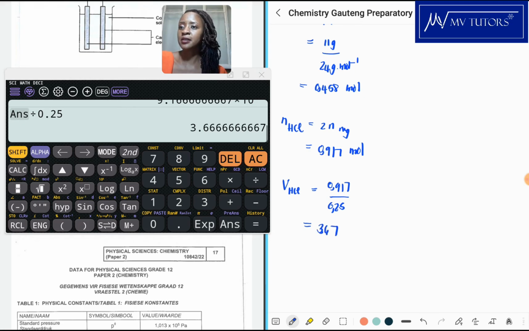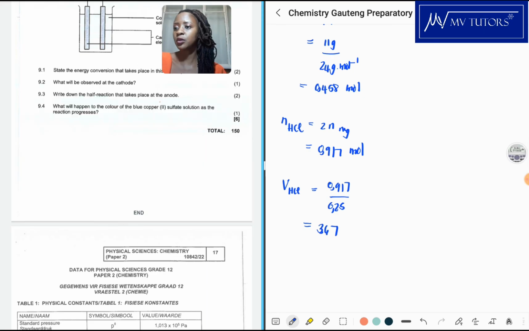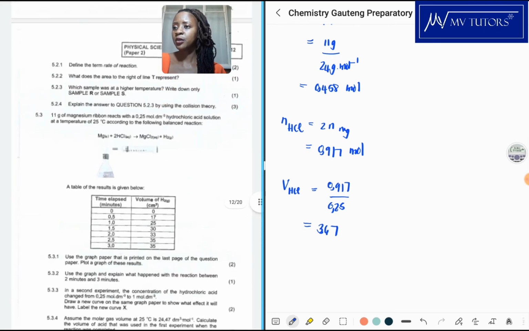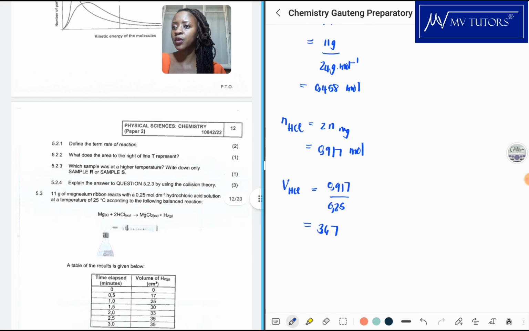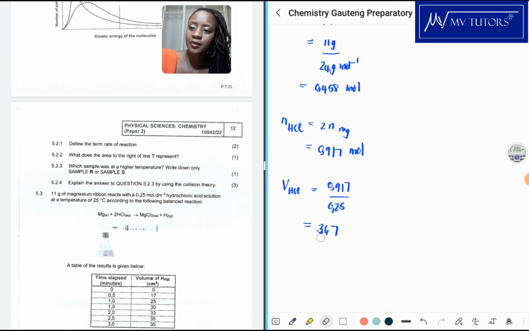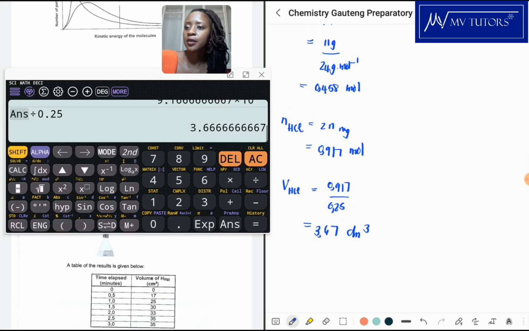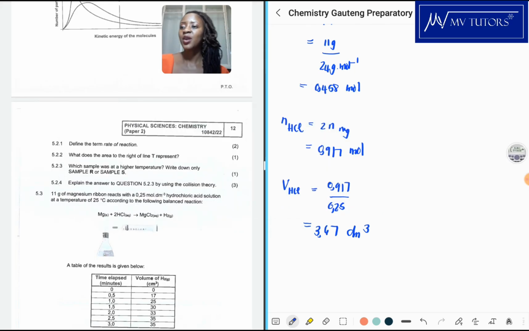cubic decimeters. Just make sure it should be cubic decimeters, because we're working with 0.25 mole per cubic decimeter. So yeah, 3.67 cubic decimeters. Just check. Yeah. Okay, and